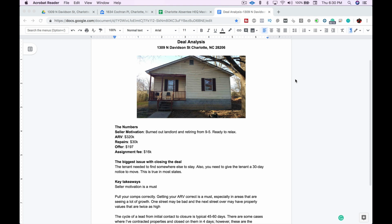I totally get it. This was a house that she lived in, but she since moved on to another house several years ago. So somebody else was just living in this property. The property had deferred maintenance. It was built in the 1930s and it needed, I wouldn't say a lot of work, but just a full